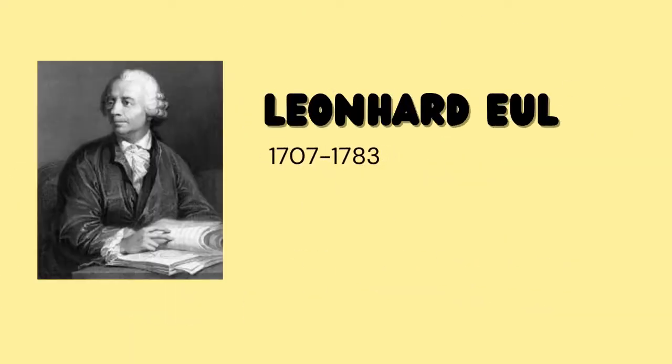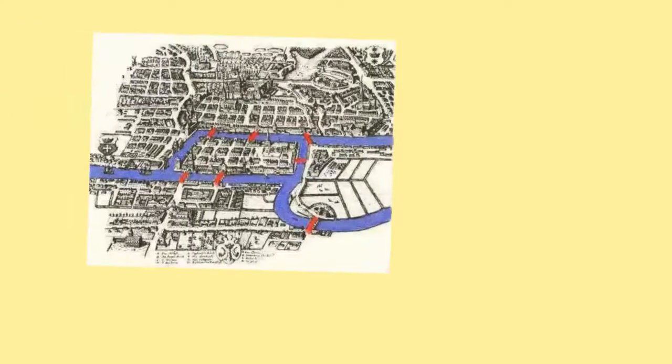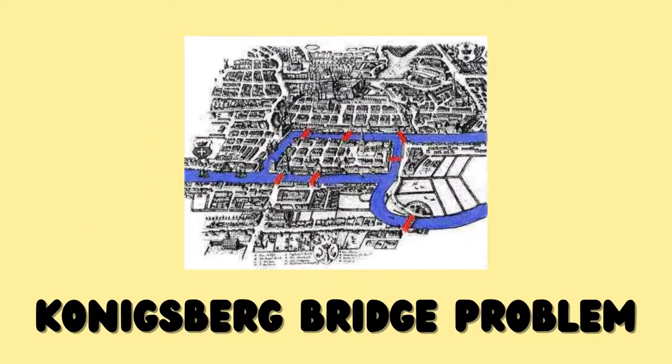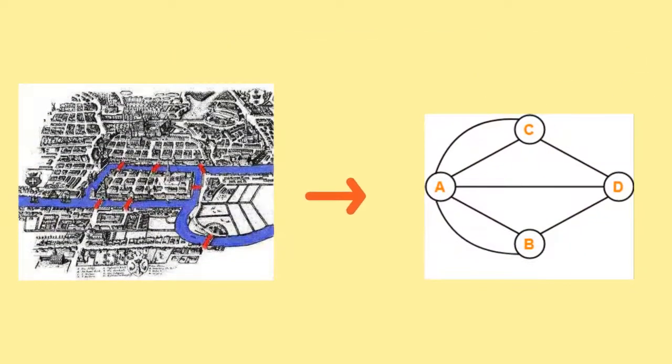Back in 1735, a Swiss mathematician named Leonhard Euler solved the Königsberg bridge problem, which started the history of graph theory. The bridge problem involved the possibility of finding a path to walk through the whole town of Königsberg, which had two islands and seven bridges, without ever crossing a bridge twice. Euler stated that no such path was possible, and that marked a theorem in graph theory named after him,